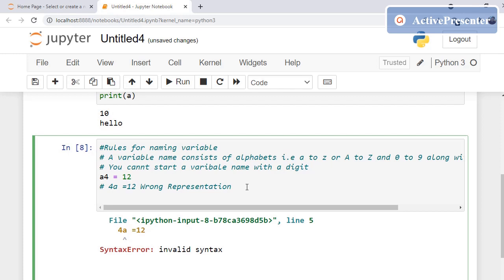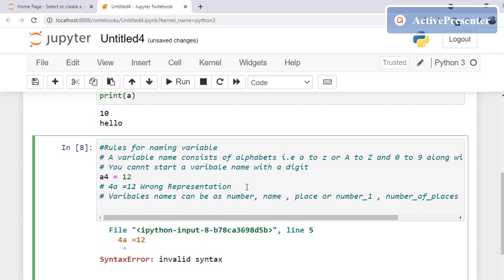Variable names can be, let's say, number or name or place, or you can write number underscore 1, or number of places. So this is how you can write.